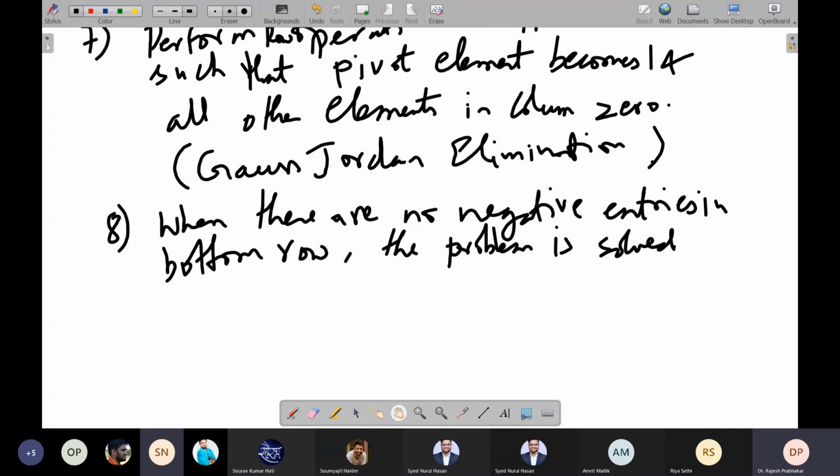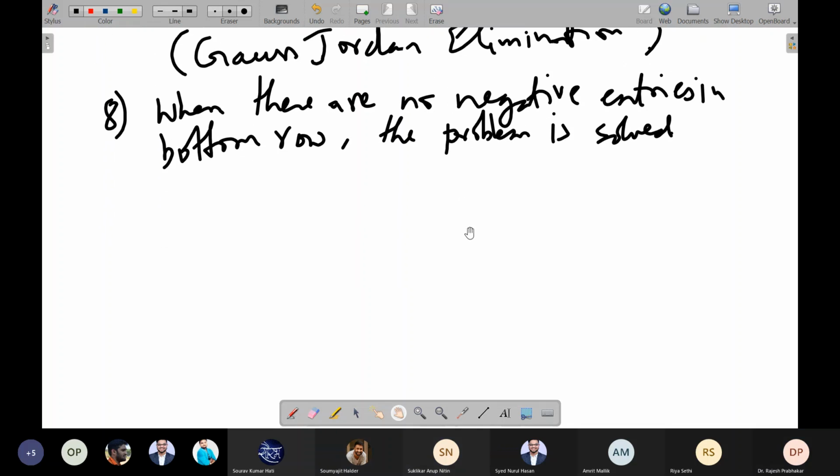Sir, I have a doubt. Yes, please. Sir, for what type of problem is the simplex method used? When you have more than 2 variables. In the graphical method, you can do only 2 variables, right? Yes, sir. But if you have more than 2, what will you do? You have to go for the simplex method. Okay, sir. Got it. Alright, should I continue? Yes, sir.